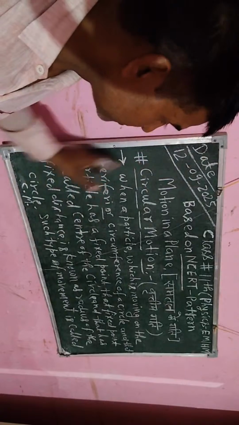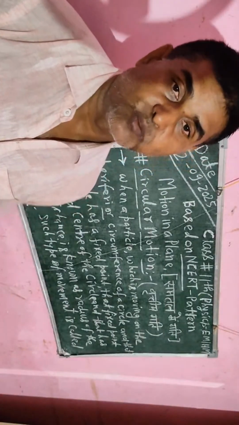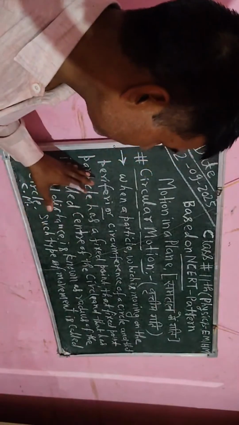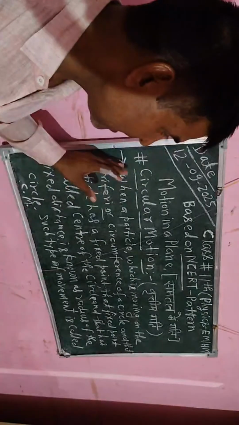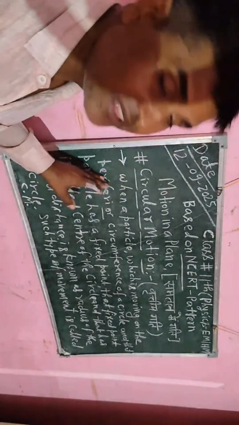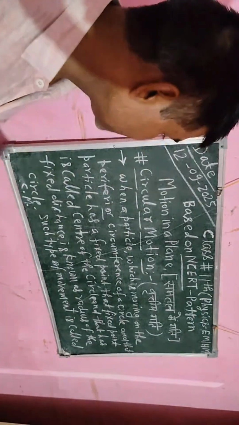Erase this one, and after erasing this one I will explain the parameter of the circular motion. Okay, so now first of all I will erase this topic and also its concept, and then I will start to explain the parameter of the circular motion. Okay students,